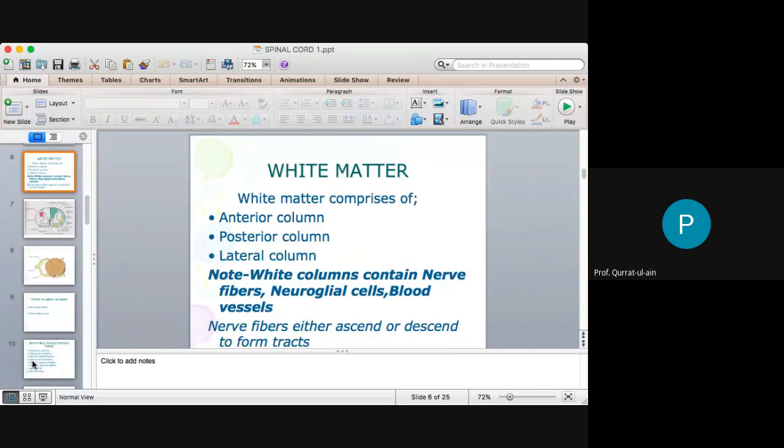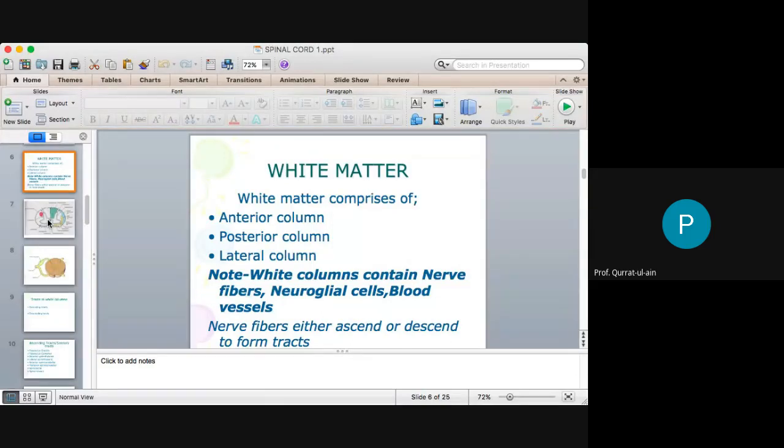Now, the tracks which are present in the white column, they are either ascending or they are descending, right? The ascending tracks start from the spinal cord and reach the central nervous system. They pass through the spinal cord, ascend through the brainstem and reach the cerebral cortex. And the descending fibers start from the cerebral cortex, descend through the brainstem and reach the spinal